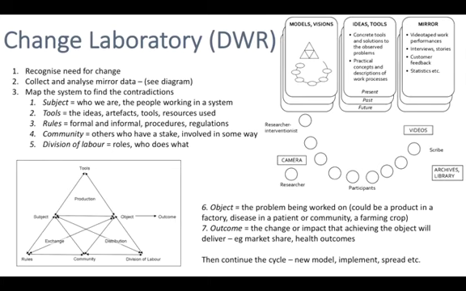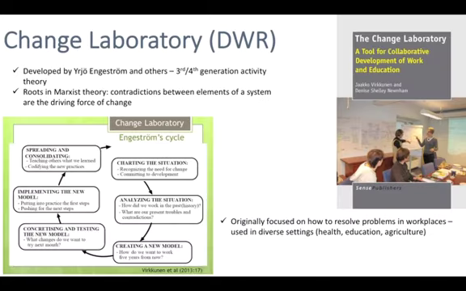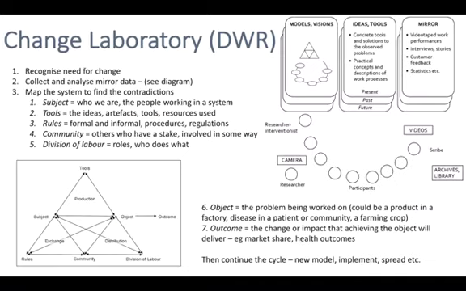Now, this diagram on the right is essentially a map of how a Change Lab session works, which is when researchers and the people involved, the participants, sit around and they look at models using the activity system as one model. They look at present, past and future ideas and tools, and they look at the mirror data. And there are all sorts of information available to them. And you can in fact see a live version of that on the right here on this book cover, which exactly has that kind of layout that's described in this